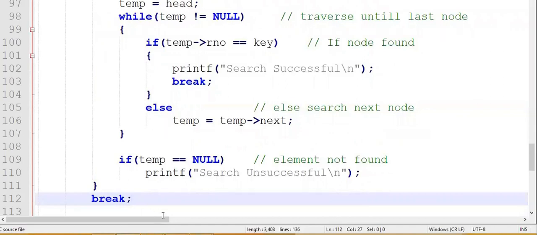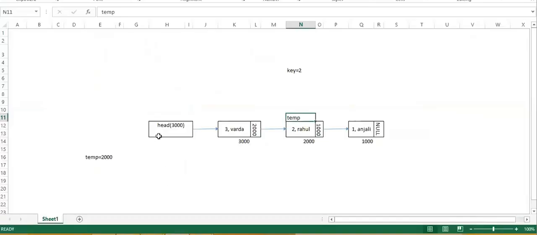So let us understand what is happening here. We are traversing forward till the last node. Forward traversal is happening. We are visiting each node and comparing the data with a key. If at all the data is matching with the key, the search is successful. If not, we have to increment and again traverse to the next node and again match it with the key. So if the key is not found when you travel all the nodes and you reach the last node and still you do not find the data matching with the key, search is unsuccessful.